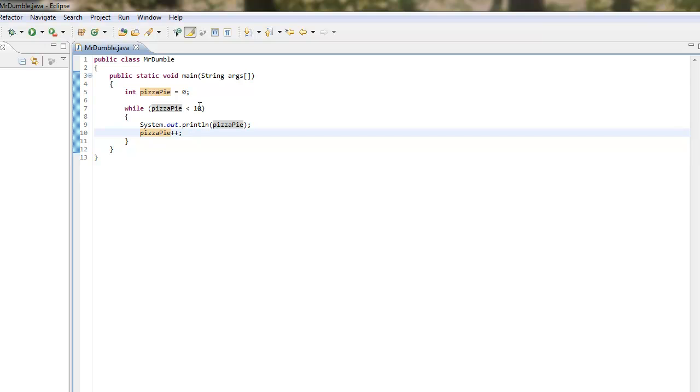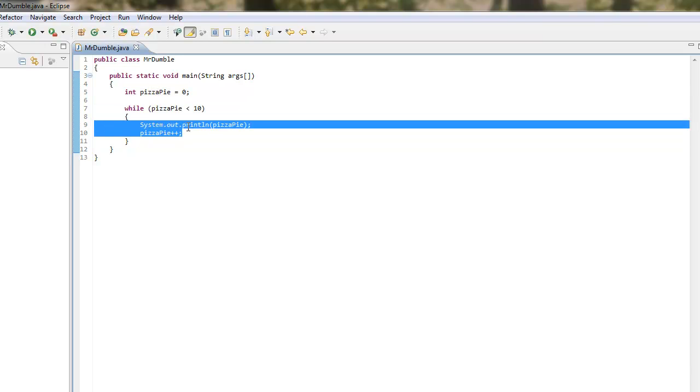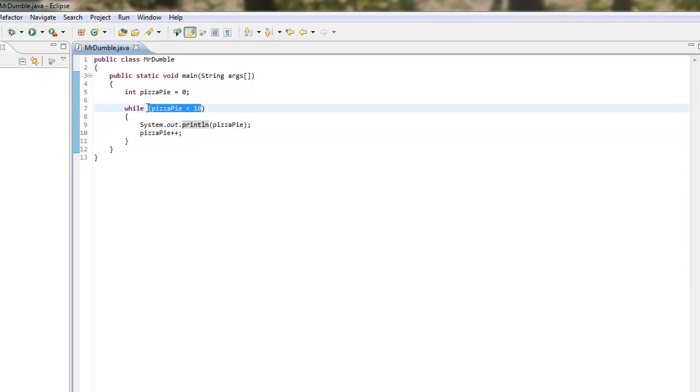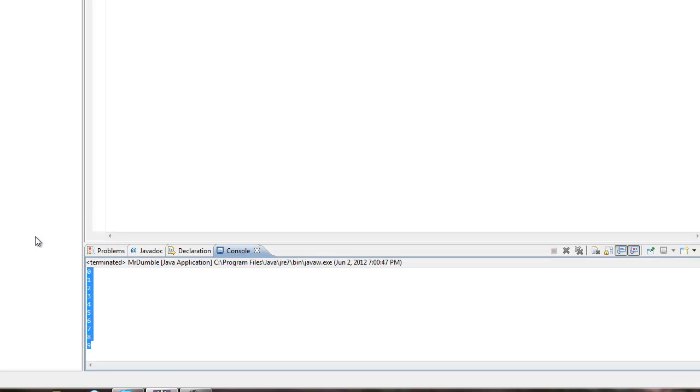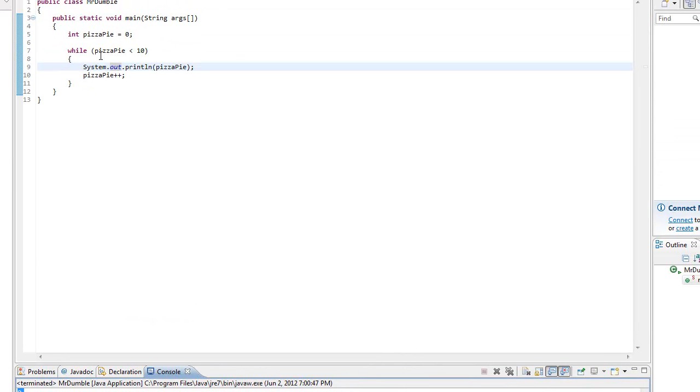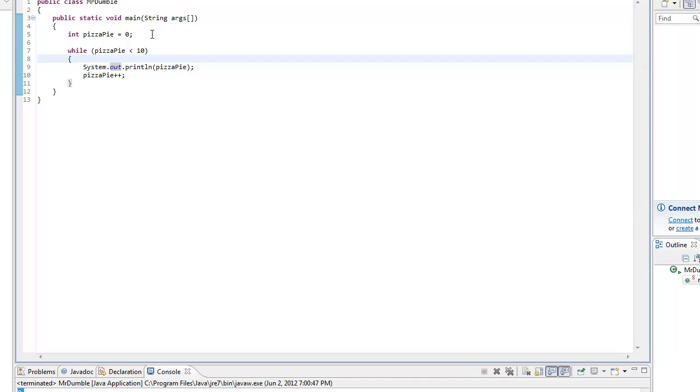The while loop, of course, has two key components: these statements, and this test. 0, 1, 2, 3, 4, 5, 6, 7, 8, 9. That might look really confusing at first. But look what we have again.